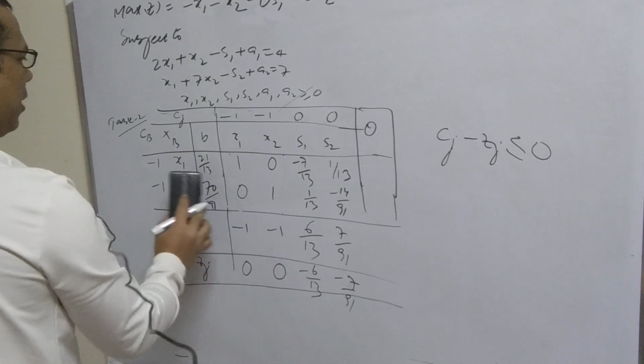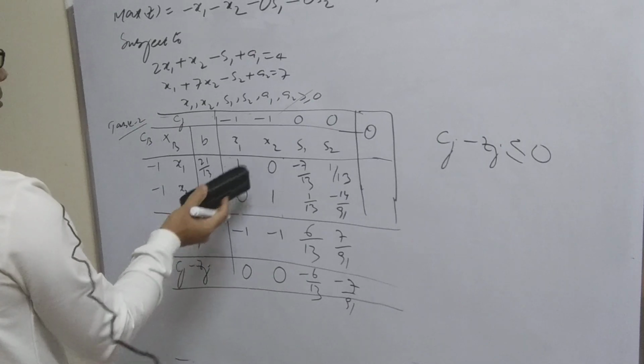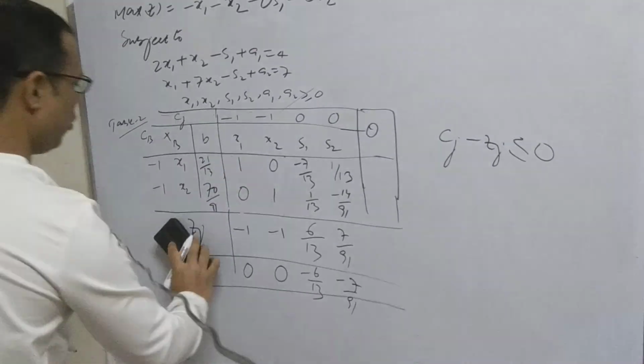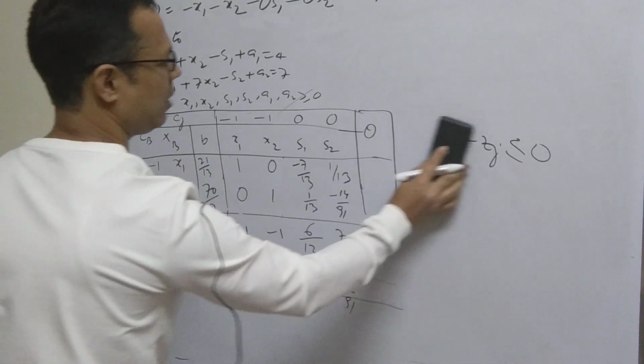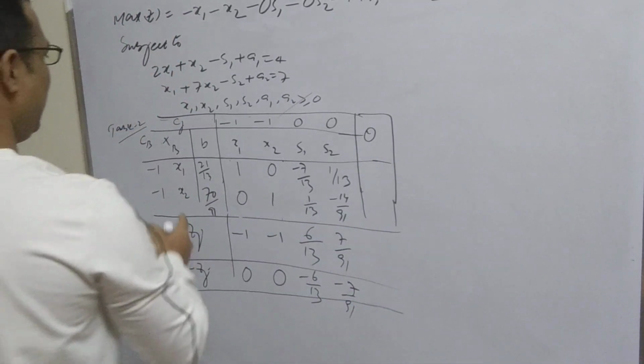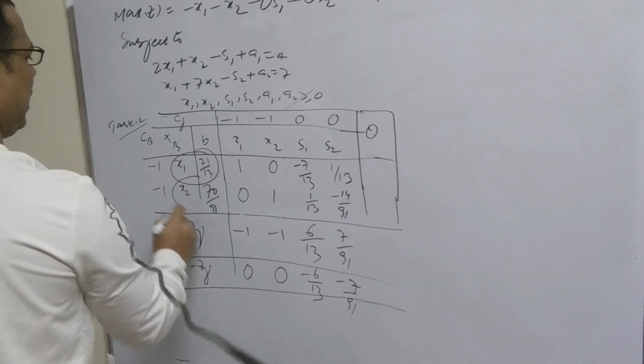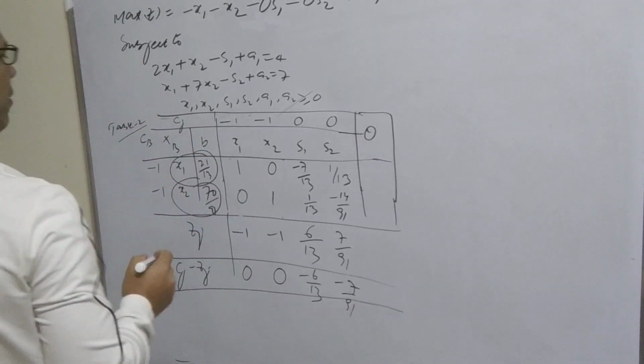Or you may stop here itself, because we already have the unit matrix. It means our base variables have already entered into the basis. So now we can get the solution. No need to go up to this step, but for checking, it's better to go up to the Cj minus Zj step. Now all conditions are fulfilled, so we will take the values of x1 and x2, put them into the objective function, and we will get the result.